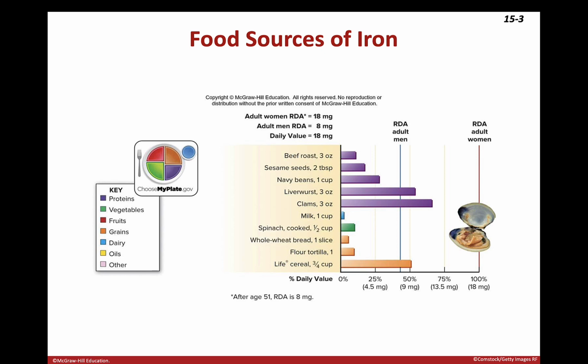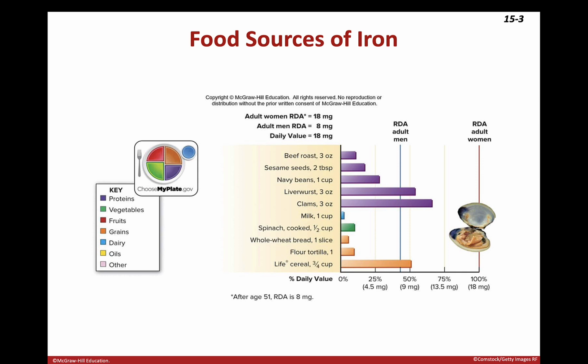Now here, if we look at this particular figure, we can basically see most of the best sources of iron are coming from animal sources and animal flesh. If we look at something such as spinach, not a lot there. And something also to keep in mind when we are addressing iron, especially non-heme iron, it is not absorbed as